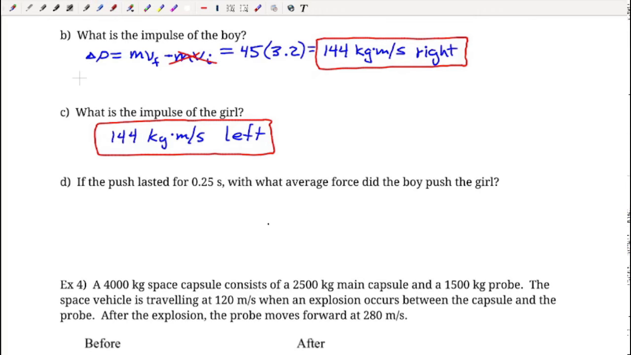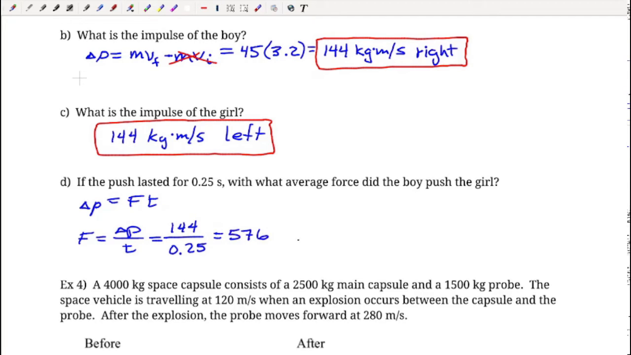Last part, if the push lasted for 0.25 seconds, with what average force did the boy push on the girl? So I need to find the force of the boy on the girl. And I'm thinking about this equation, delta P equals F times t. And I'm trying to solve for F. So I've got F equals change in momentum over time, which is going to be 144 over 0.25. Again, go ahead and plug that into your calculator. And I get